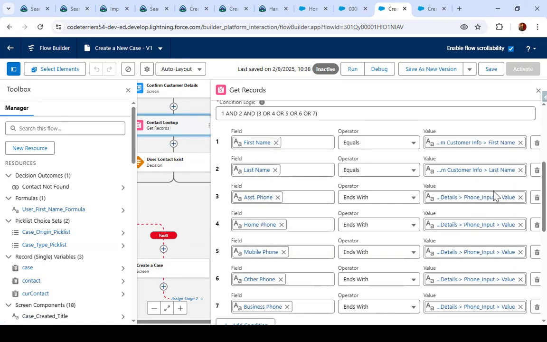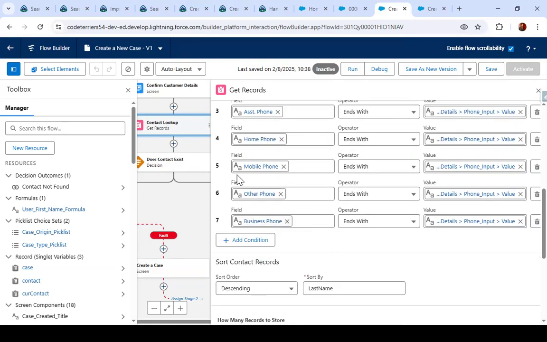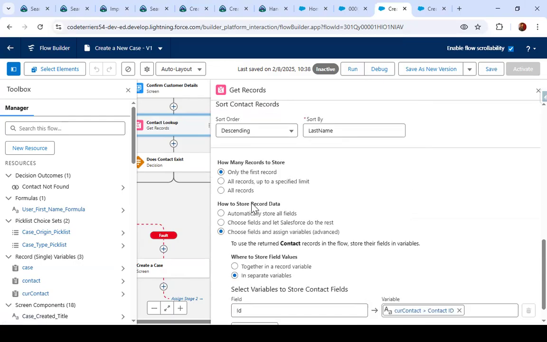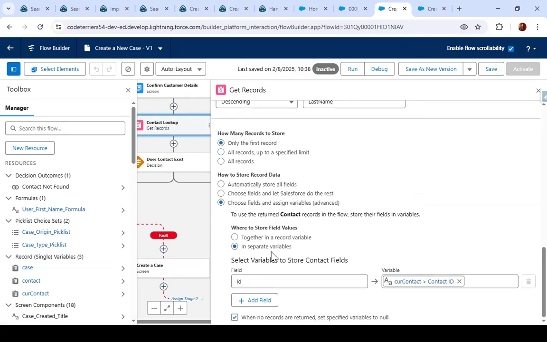And with the phone number, we are checking whether that phone number is available in any of the fields, because there are many phone number fields in contact. As you can see, there is assistant phone, home phone, mobile phone, other phone, and business phone. So we are checking whether that phone number is available in any of the contact fields, and if it's available, it will give me the record, right? And we are storing the record in a field called